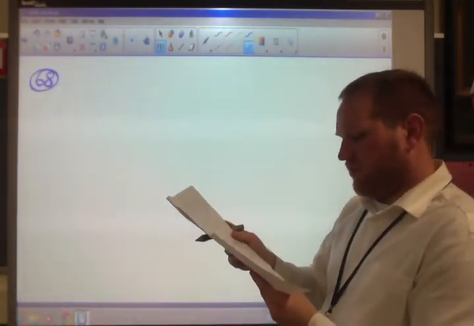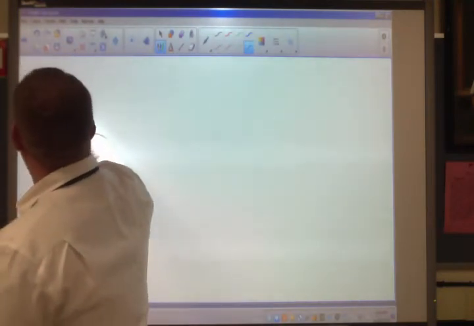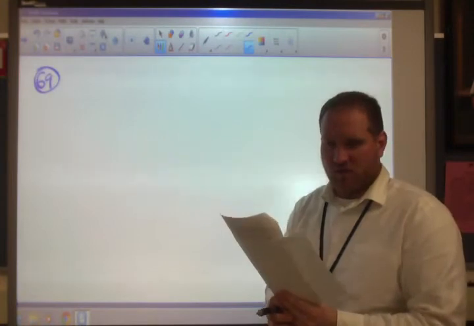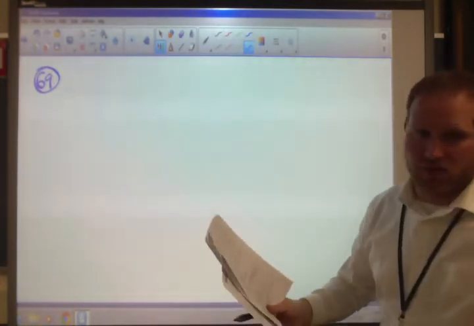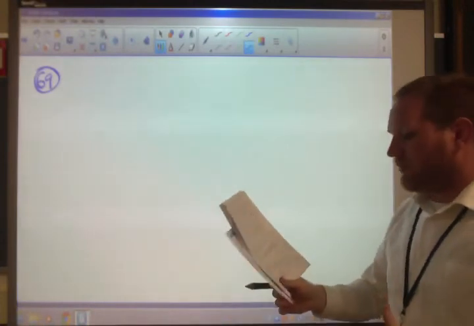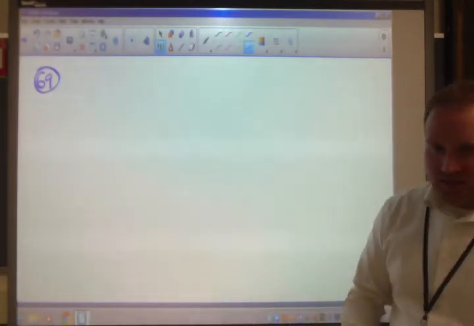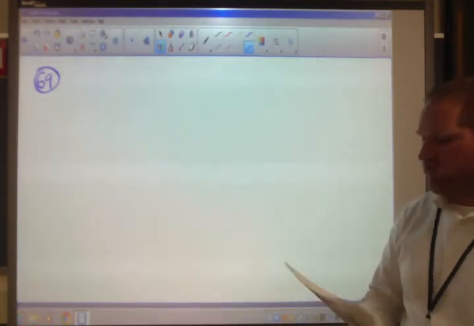What is atomic number? It's the number of protons. What is atomic mass? It's the number of protons. Oh, sorry, I was about to say mass number. That's, of course, the number of protons plus neutrons. Atomic mass is the average mass number of all the isotopes of an element. So it's the weighted average of how much each one weighs.